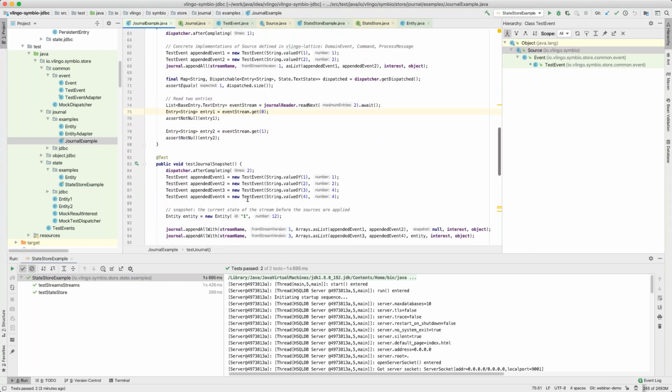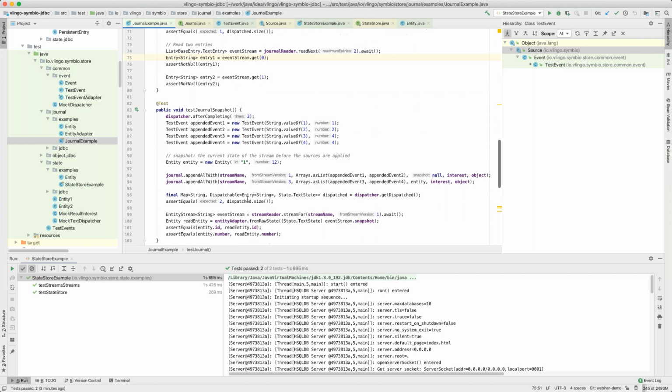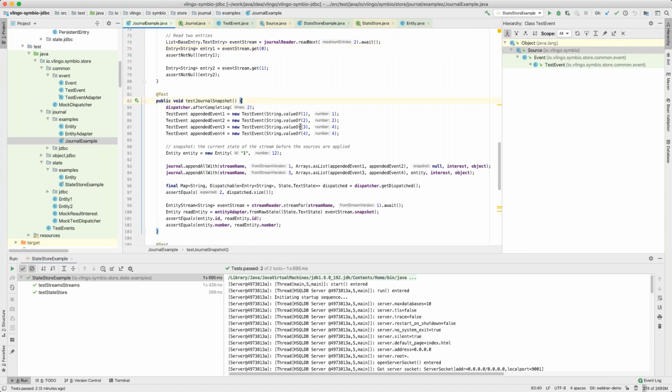Let's go further to the second example in this test, which is related to the snapshot. We are preparing here 4 test events, and we are saving at the beginning. So we are appending first 2 events, and then we are appending second two events, appended event 3 and appended event 4. But in this case, pay attention that we specify